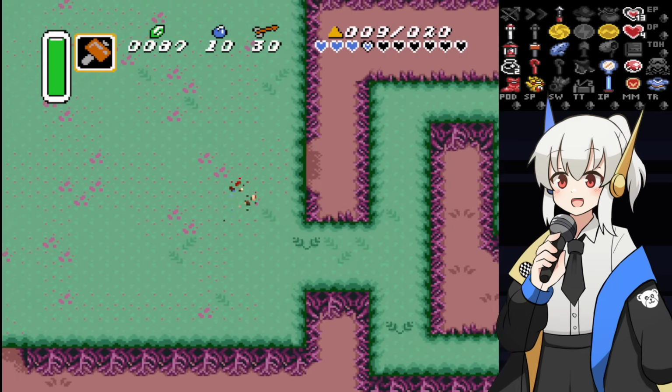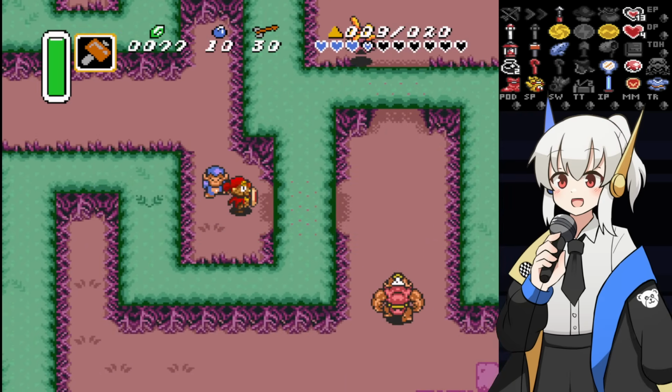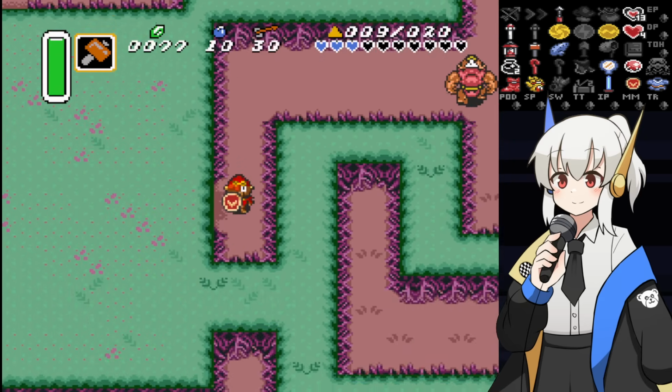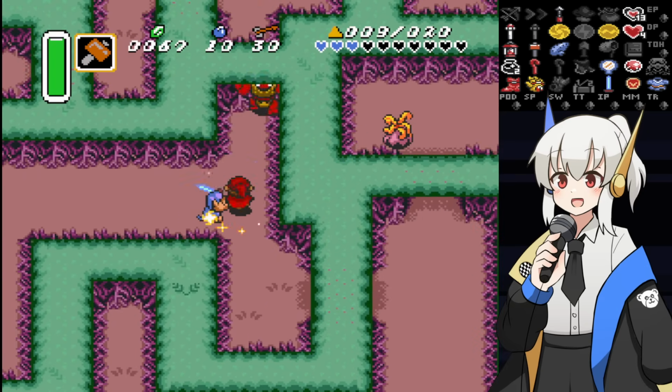Go through this. And now we have Mr. Kiki. Oh, wait, I don't have enough rupees for him. God dang it. And he got hit. I need to give him 100 rupees or he won't open up the thing, right? And he takes 10 when I do this, so...